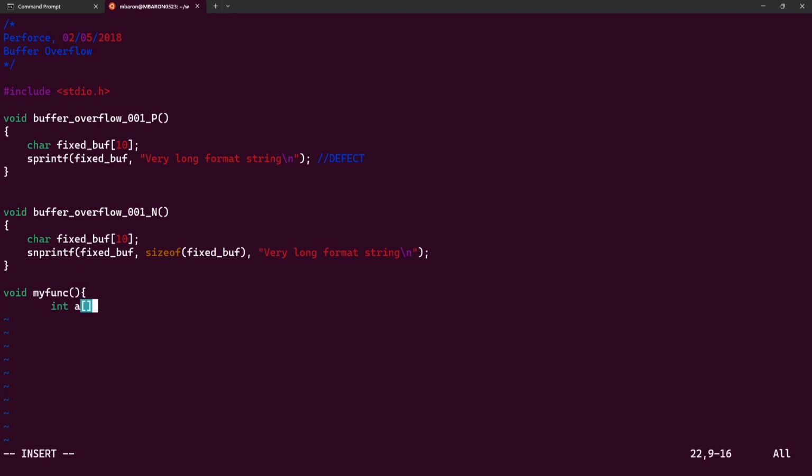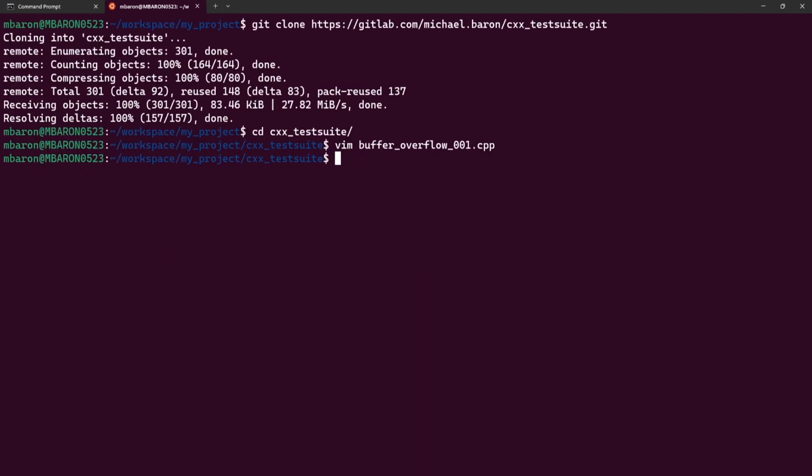Let's introduce an array of size 10, and let's access the 10th element, which obviously doesn't exist. So that should cause an issue. And if I write that,